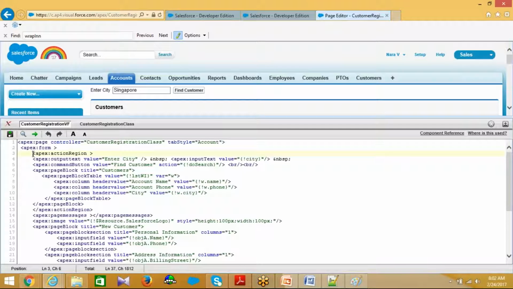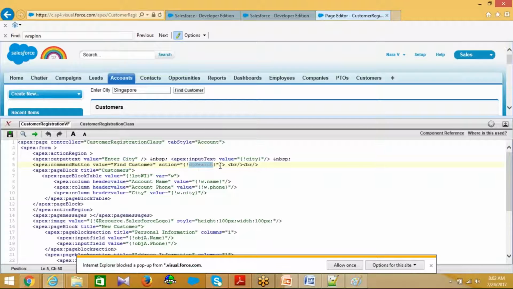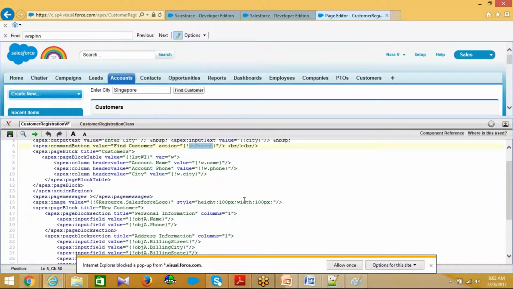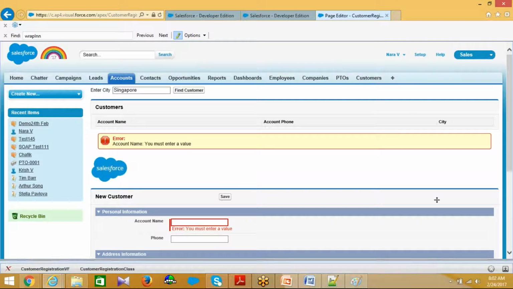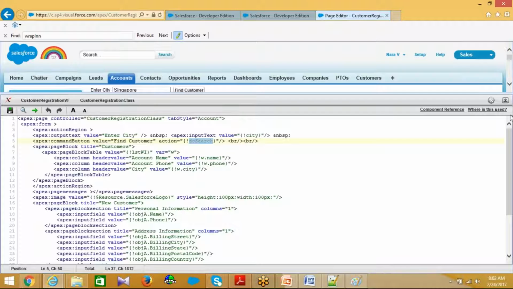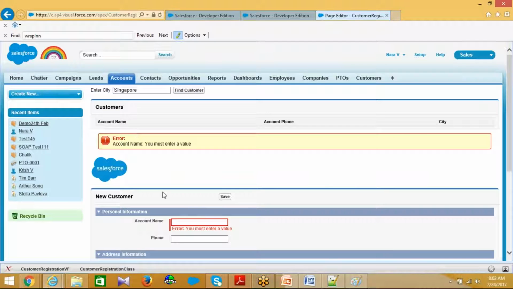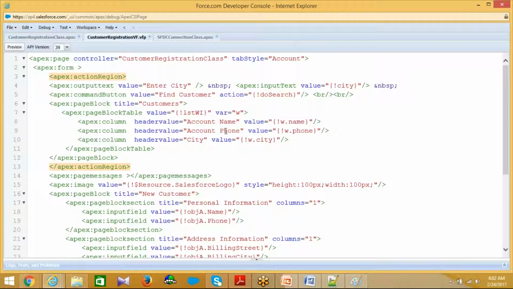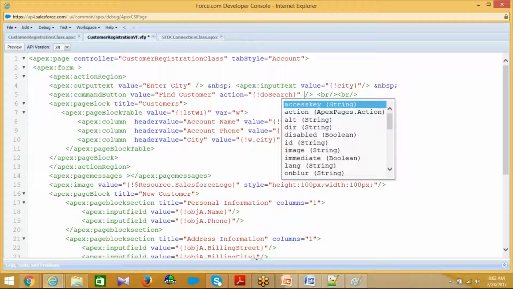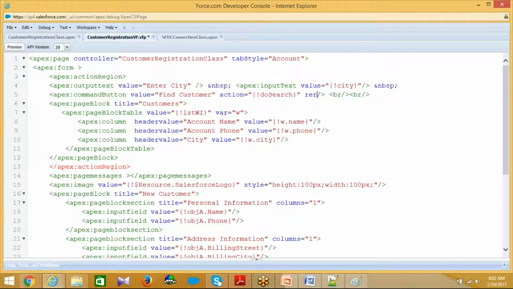Action region. Yeah, let me check this. So here is an action. Action region can handle this. But you have to re-render the values. That's where it identifies which action should be rendered. So what we can do is action region, and here just use re-render